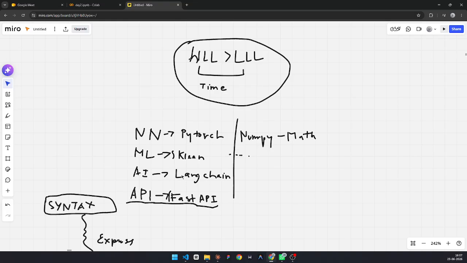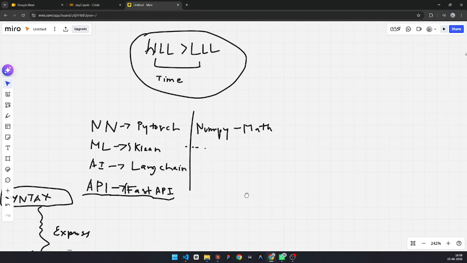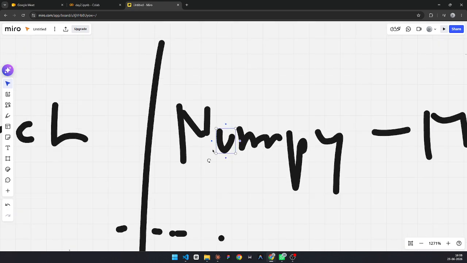I will not be using these too much in this session because that would be a bit of an overkill. For making APIs you have FastAPI. I don't use FastAPI much, but that's also a very great thing. And for mathematical calculations, you have the library NumPy.